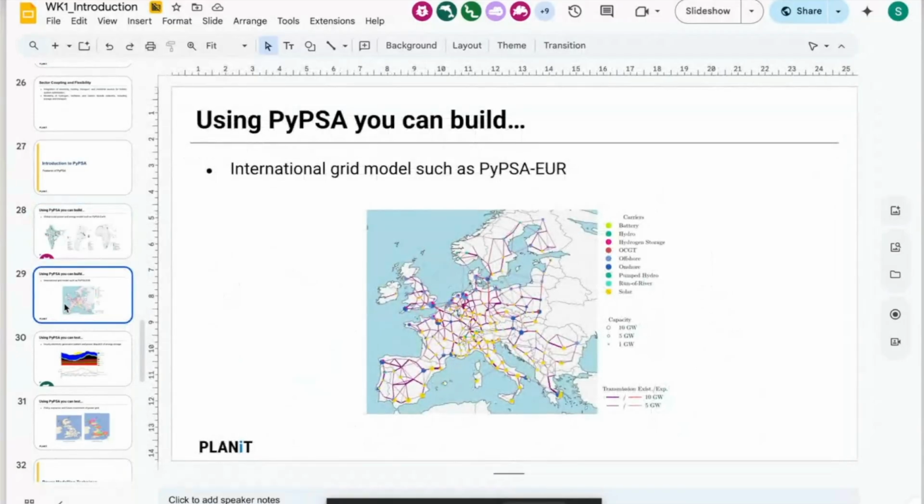And also you can use PyPSA Eur, which is a very famous one actually. PyPSA Earth is based on PyPSA Eur, as far as I know. You can create an international grid model. Definitely, that's something that Planet has an interest in. Planet plans to go through from the end of this year till next year to create an Asia model using PyPSA, which can be interesting to understand how one country's electricity mix changes affect